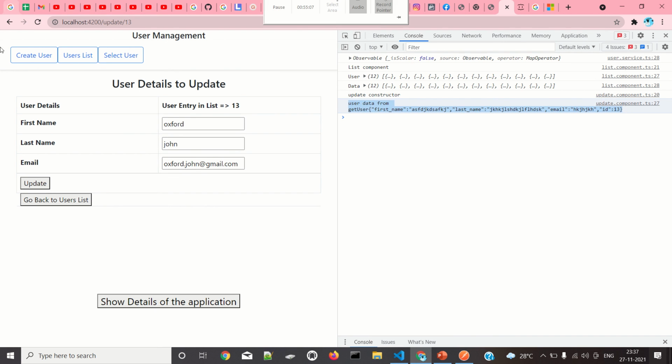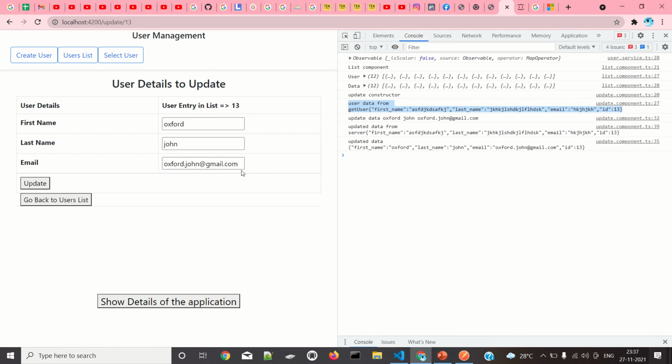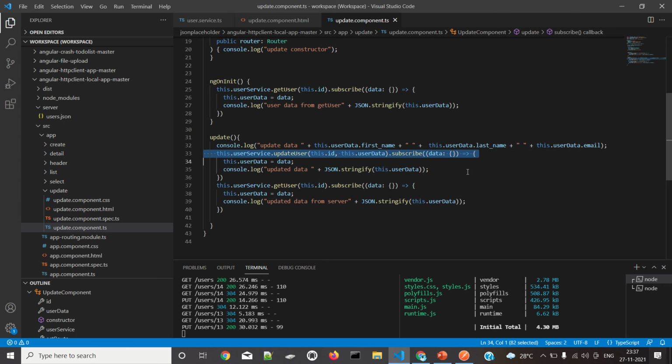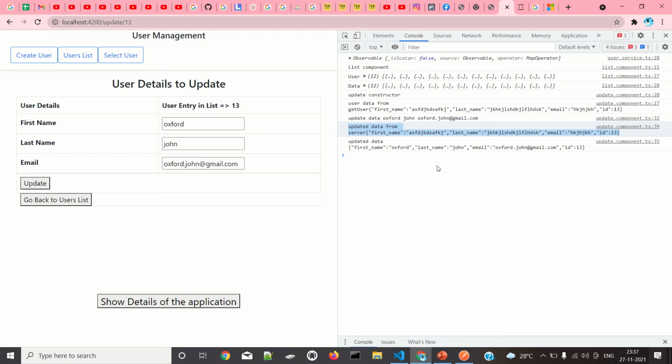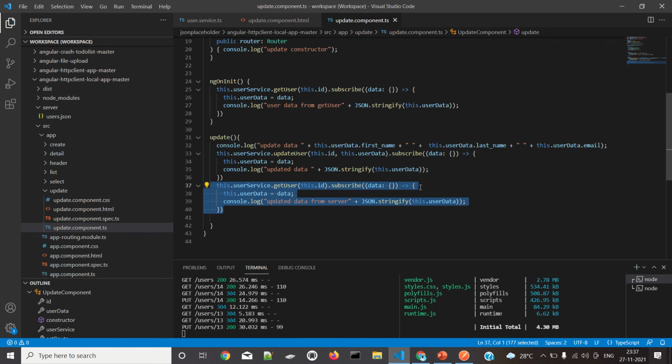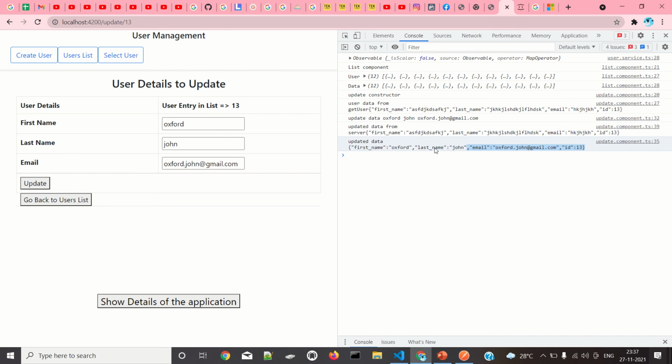Just listen to what happens after clicking update. The updated data is Oxford Johnson, oxford.john at gmail.com. So the data going from this method is this one, and the data coming back from this particular get user by id method is this. Both of these are the same.